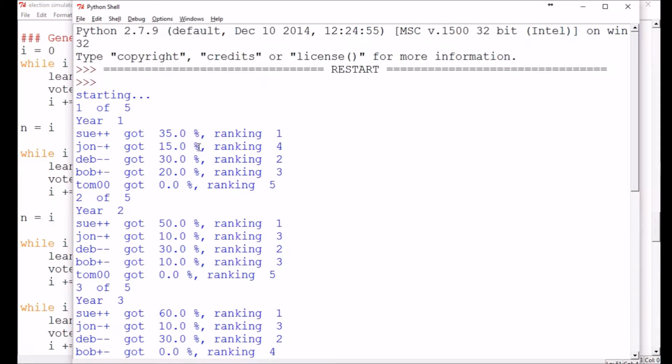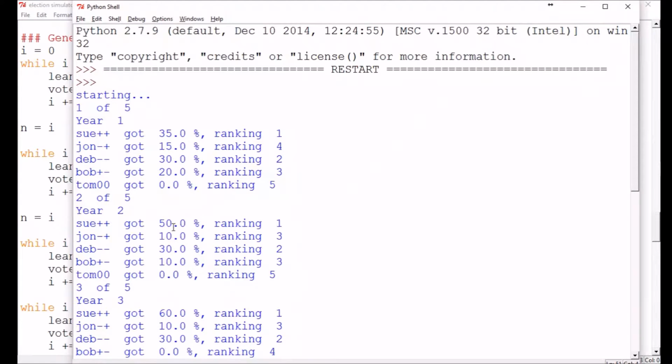No surprise there. What happens in the second year is Deb is still doing all right. Deb's voters are saying, hey, we got second place last time. That's not bad. Let's continue to push for Deb. But the plus minus and minus plus folks are not terribly happy that their candidate got 20% and 15% last